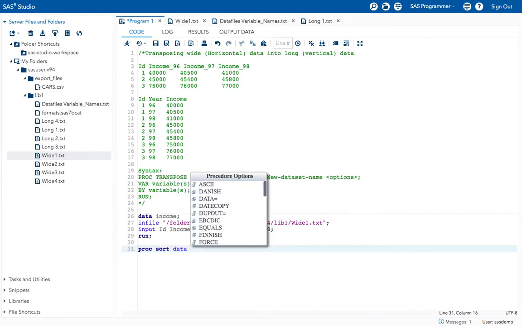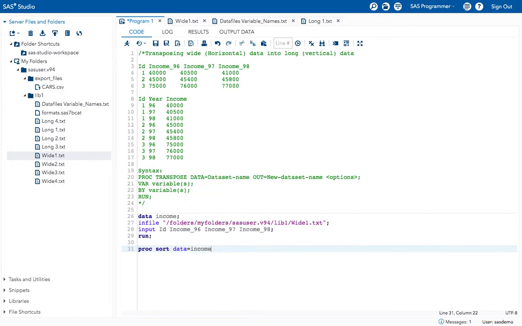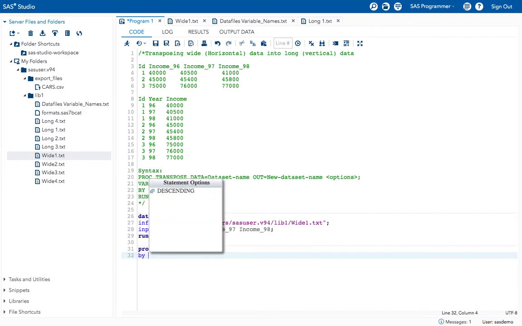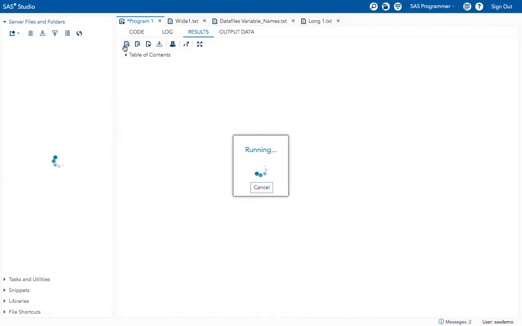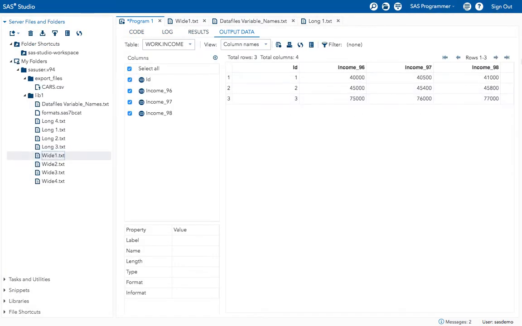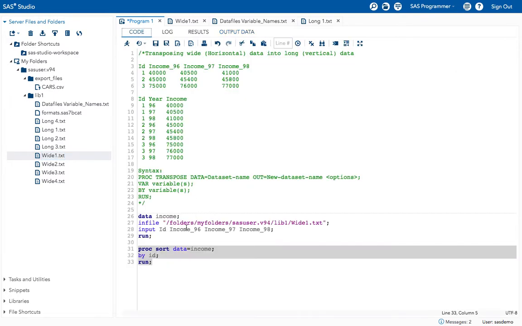Here it is not necessary as it is already sorted, but still I am just showing. Proc sort data equal to income, by id. Execute the program, and you will get the same result because it was already sorted by id variable.